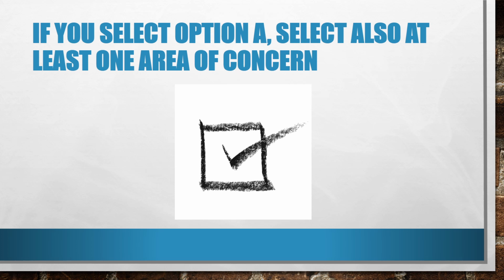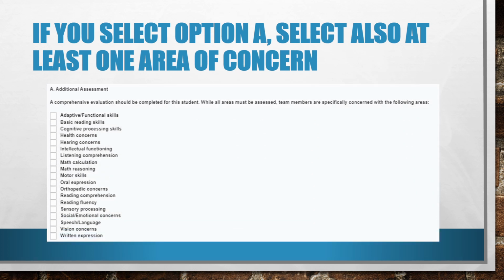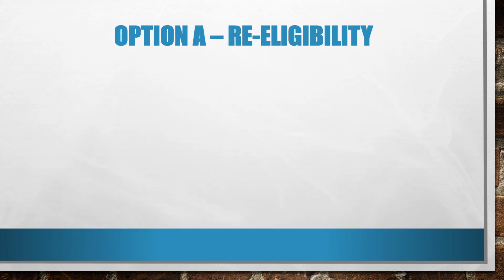If the team agrees that a comprehensive evaluation is needed to redetermine appropriate eligibility areas, then the next box will open up to request more information. The team must select at least one area of concern that was noted in the data discussed for evaluation so that the evaluation team can focus on that during the evaluation process. Though the evaluation may be comprehensive, this information should help the IEP team drive specific assessments that may be used to provide what is needed back to the IEP team.